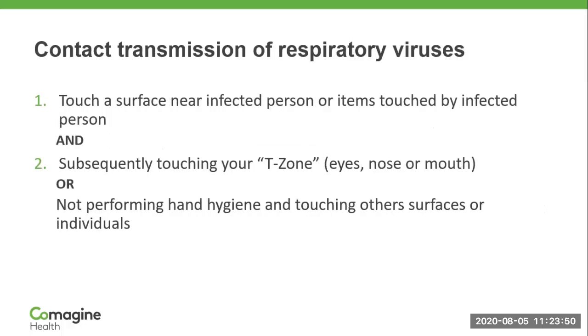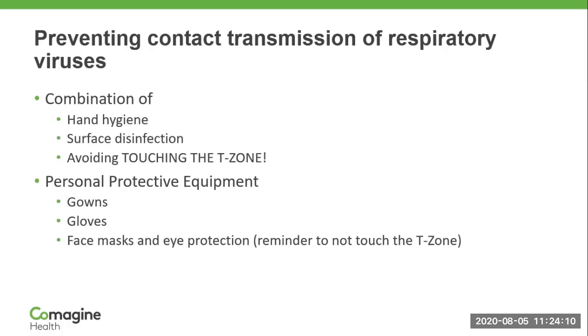So again, you have to touch a surface, and then you have to touch this notion of a T-zone, which is your two eyes, your nose, and your mouth, or not perform hand hygiene and touch other surfaces or individuals, who then touch things and touch their face. So next slide. To prevent this, you really need a combination of very good hand hygiene, good surface disinfection, and